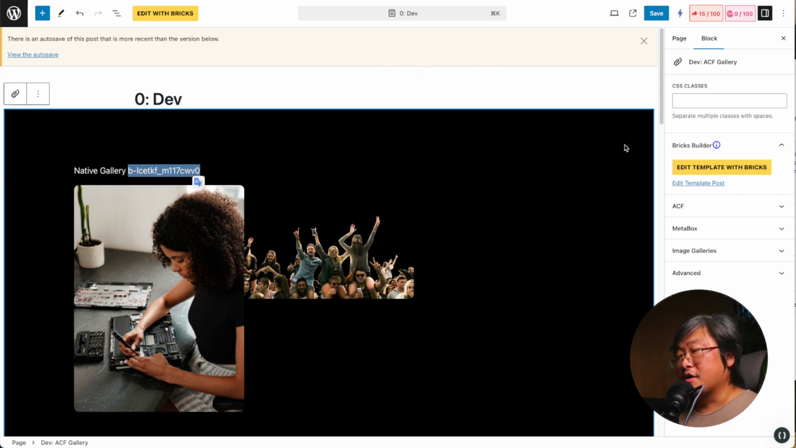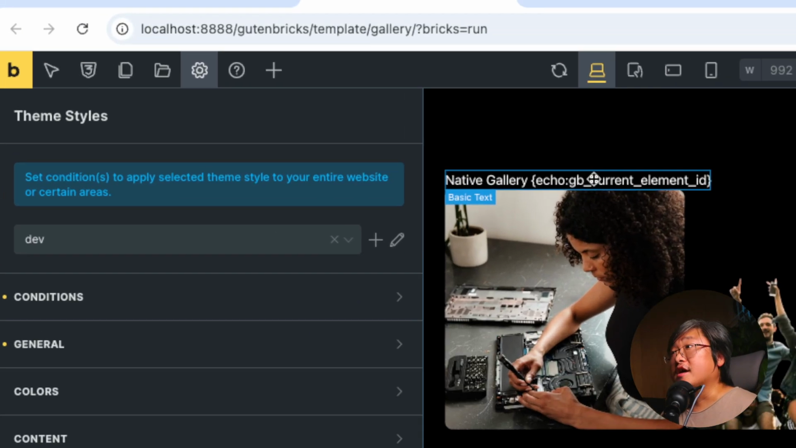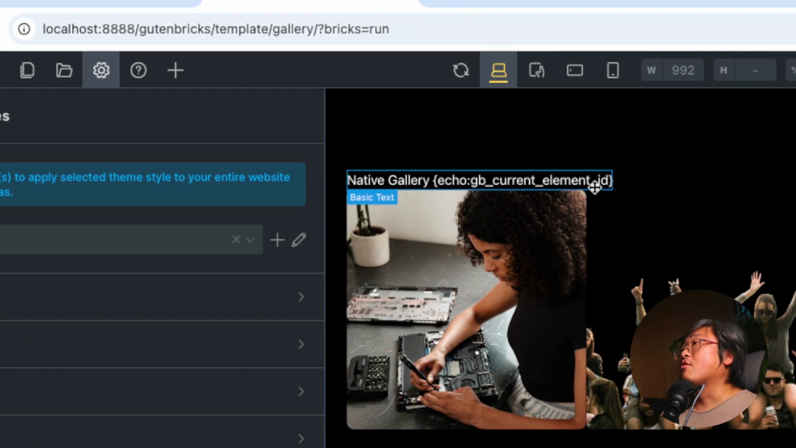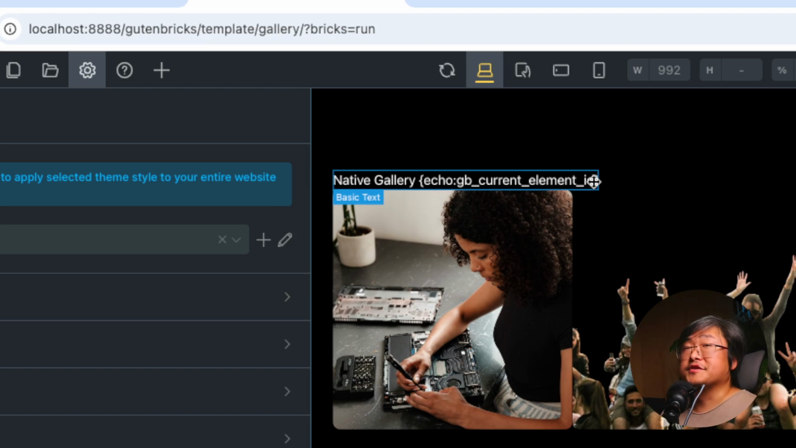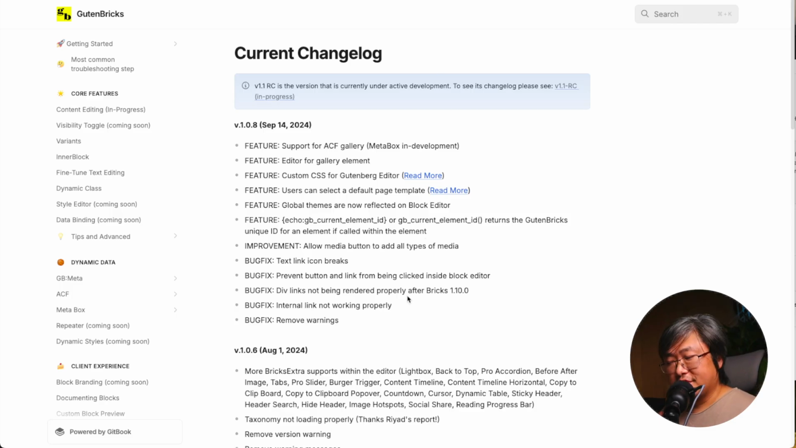So if I open up the backend, you can see that I used echo GB current element ID to display that. This can be useful if you want to reference the element's unique ID. Okay, and some of the bugs, we are solving some of the bugs,